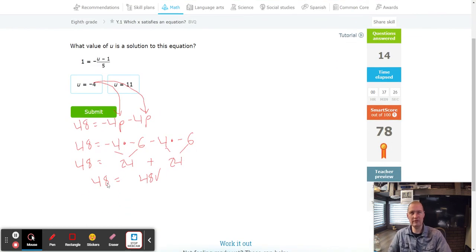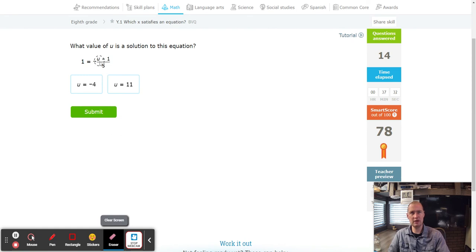All right, last problem. Get this one right. We are down to a smart score of 80. Now this one is going to be a little bit tricky because we've got a long fraction in there. But we're going to break that fraction into division. We're going to take our time on it because I don't want to get this wrong and have to redo it. All right. So I've got 1 equals